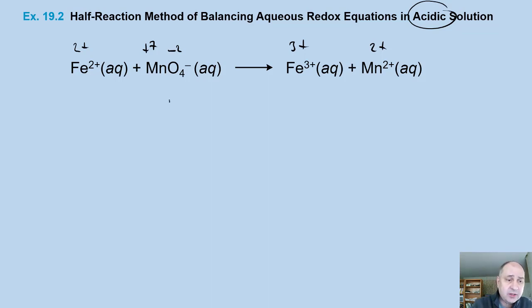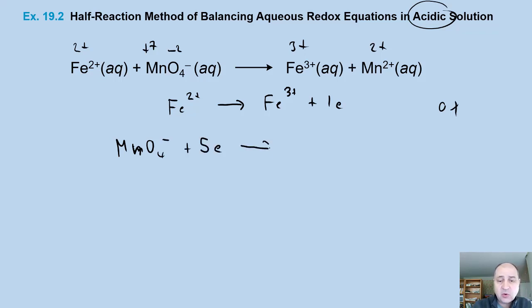Now the easy one is the iron 2+ is oxidized to iron 3+, and so 1 electron is ejected here. That is the oxidation. The reduction is the permanganate, MnO4-, and 5 electrons, which of course come from iron, so we have to balance that later. But first we identify the reduction